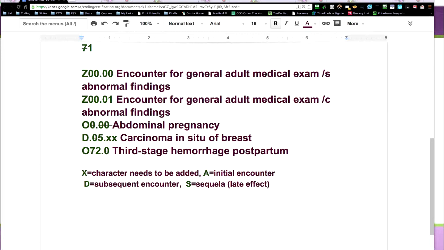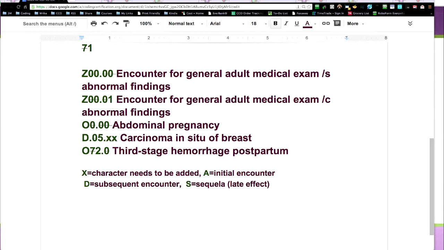Another thing to keep in mind for ICD-10, and this is just some basic knowledge to look forward to, the characters, whenever you see that X, like the carcinoma in situ of the breast, the reason that's .XX is because you need additional digits. You remember how in ICD-9 there was always a little mark in your coding manual that told you that you needed another digit? And that's the same thing the X is doing. They still do that in your coding manual. Your ICD-10 manual will tell you you need a 5th digit or a 6th digit or a 7th digit, because ultimately ICD-10 can keep going and going.